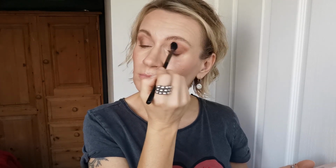I'm going to use my blending brush from Kiko. Sorry, brushes from It Cosmetics. I have only two: a big brush for the powders, which I use for bronzer, and my foundation slash concealer double-ended brush. Both my eyes are completely different shapes, and I always struggle to make a...